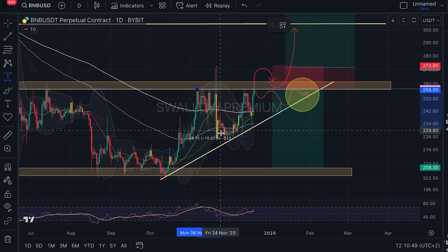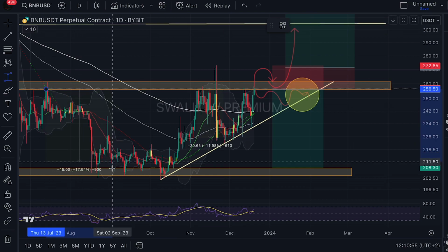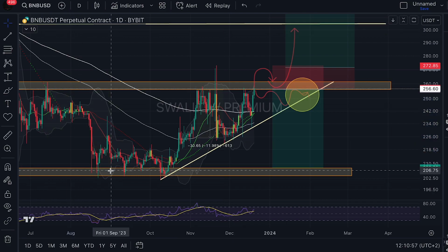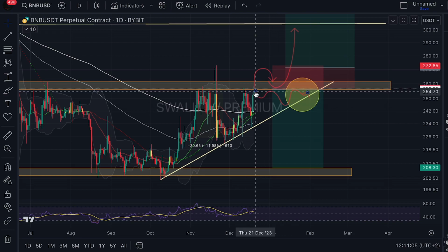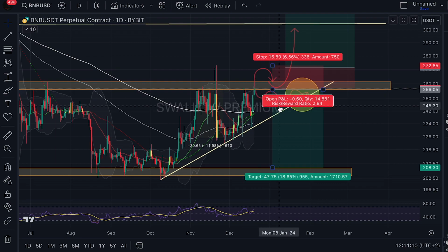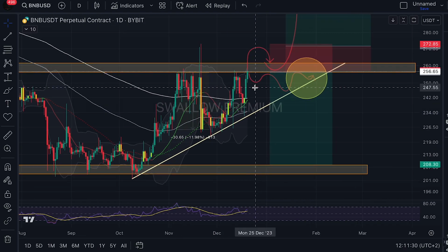So starting from here, we had like 12% of market price movement, or even here we can see we had basically 20% of market price movement. So with that being said, on a daily time frame, we have to wait just a little bit more and not rush into a position, like, okay, we are near resistance zone now and we should trade down, short it, but we have to wait for a clear breakout or a clear rejection happening,